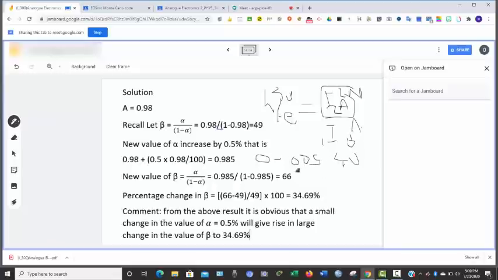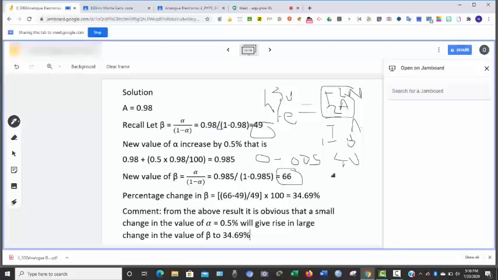0.005. Ordinarily, I can just add 0.005 to 0.98 to get this. Then, what is now my value of beta? It will now be alpha over 1 minus alpha, where you look at the increment, 49 to 66. So, percentage increase, that's 66 minus 49 divided by 49. This is 34.69%